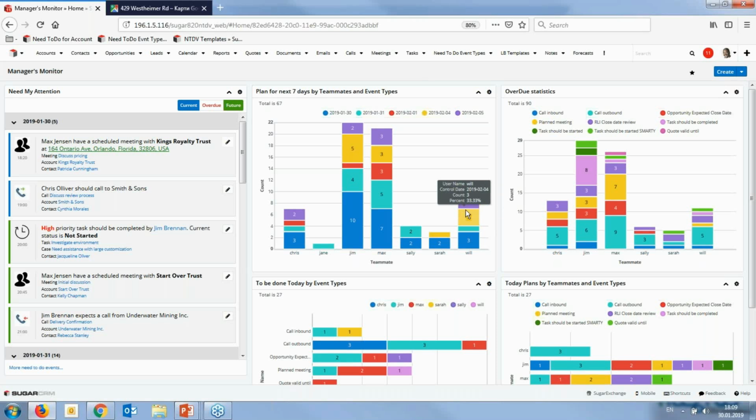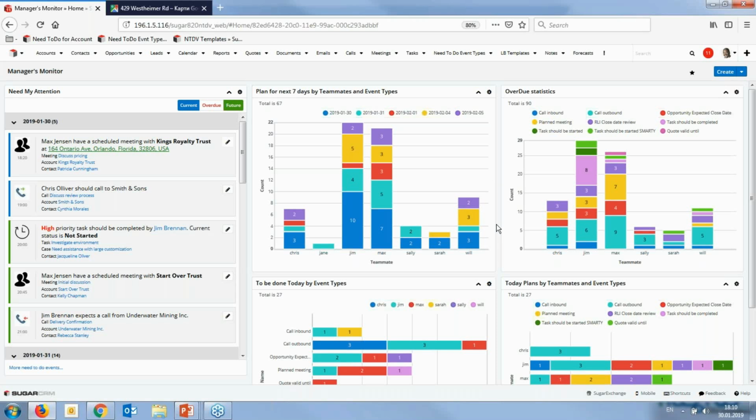That helps me understand what the future activities of my managers are, regardless of whether they are tasks, regular meetings, calls, or key dates, some significant dates inside the CRM